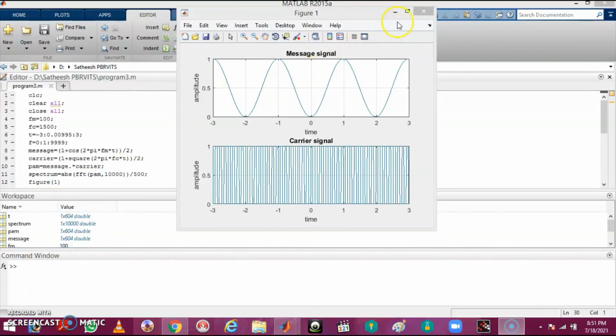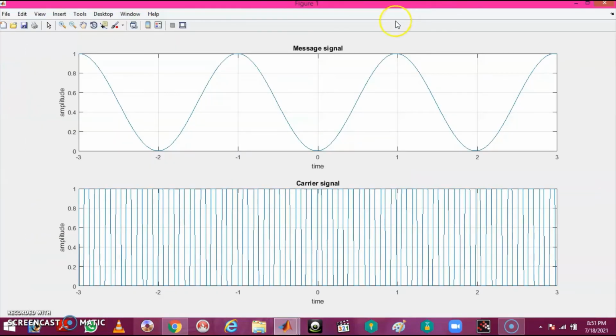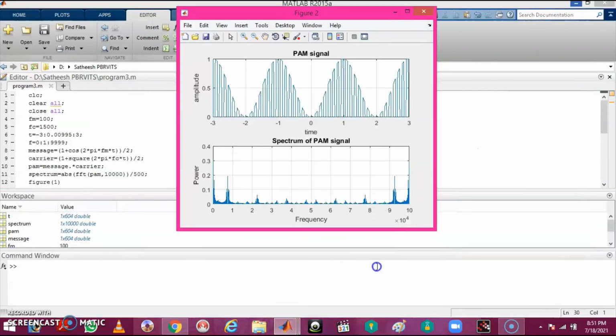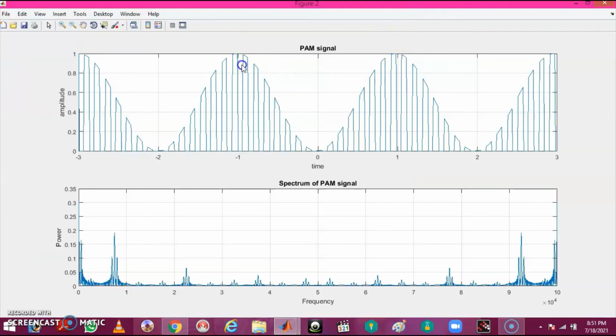Students, we got the output. We are enlarging this figure. Here you are having two figures. In the first figure, you are having the message signal or the modulating signal and the carrier signal. In the second figure, we are having the pulse amplitude modulated signal and the spectrum.